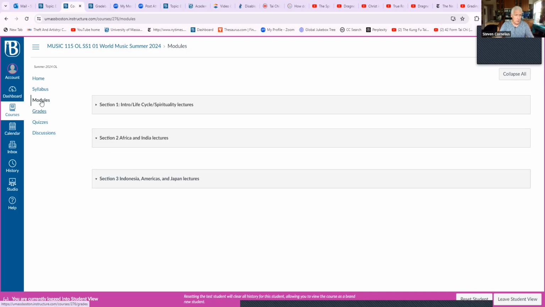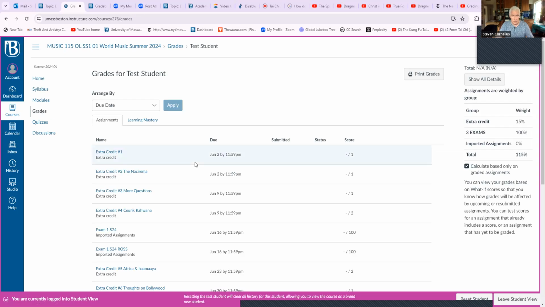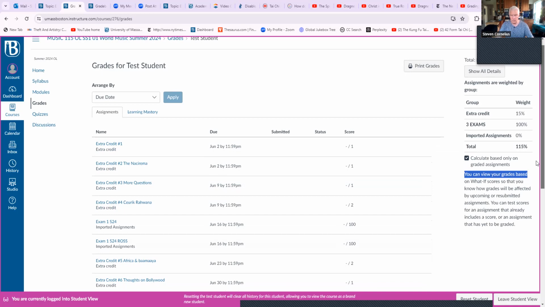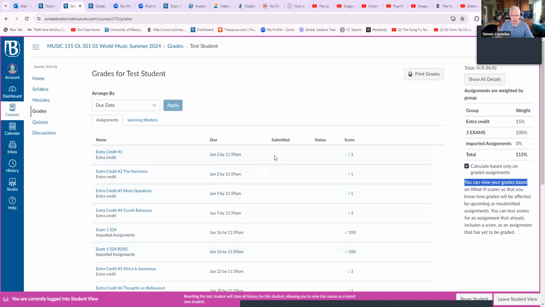So then we can go to our next section, grades. And in my sample grade, I haven't done any assignments. So once you do the extra credit, you'll get a point or half point or whatever that you end up getting for each one. And when you do the first exam, you'll also get your points for your exam. And so what happens in terms of looking at the material, the 3 exams count for